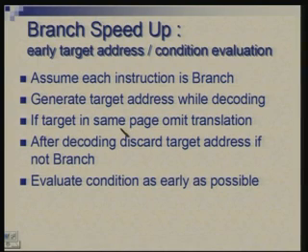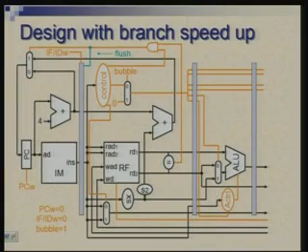Also, now secondly, condition evaluation. Again, you try to move this as early as possible in the sequence of cycles, and we will see an example of that. So, I am showing part of the design. Okay, the last few stages I have just stretched horizontally, and the last stages have been thrown out just to make space. So, what we have done is